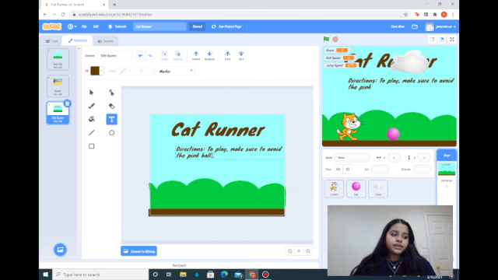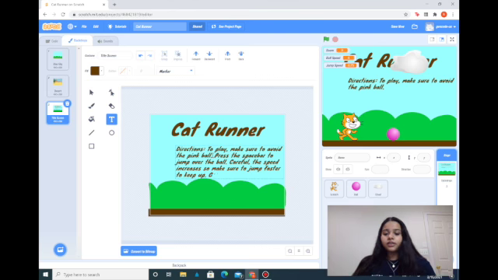And then I want to say, press the space bar to jump. And then I'm going to put enter here, jump over the ball. Careful. The speed increases. So make sure to jump faster to keep up. Good luck. Okay, now that we have this sort of message, it's a little hard to read, especially in this